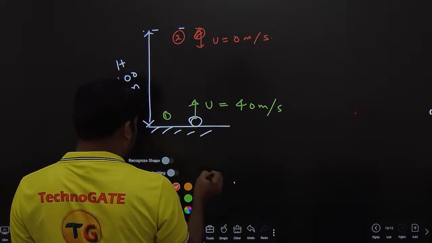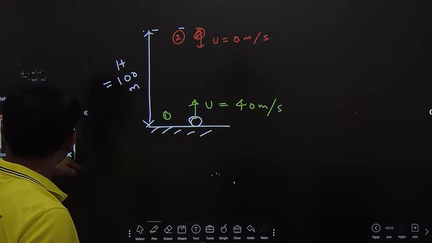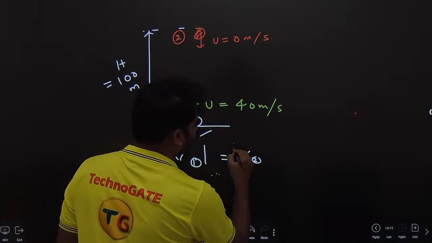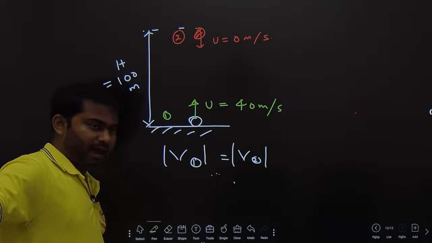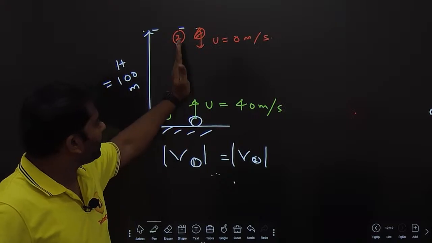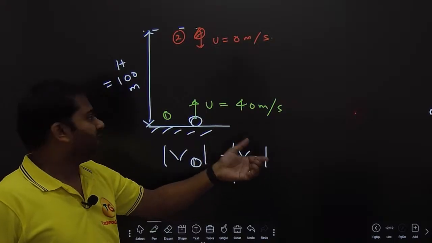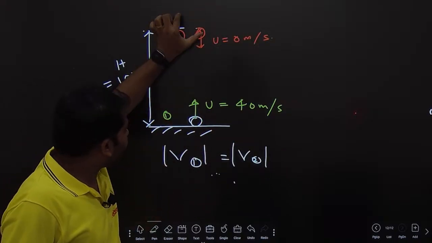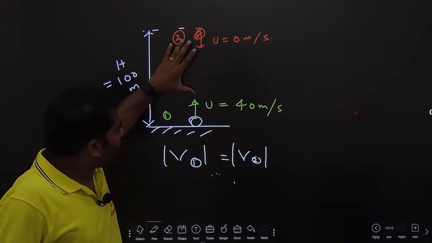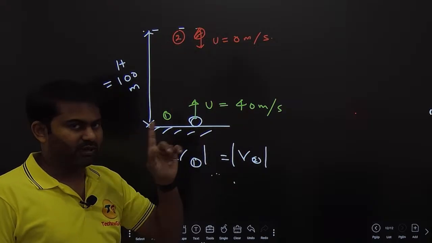What they are asking in this question is basically that the magnitudes of their velocities are equal. So v1 magnitude and v2 magnitude, when are they equal? And I am putting magnitude because definitely the directions will be opposite. This ball will be going up, this ball will be going down. So velocity directions will always be different. Understand? This one goes up and then comes down, but by the time it comes down, this one has already fallen. So there is no point of comparison there. So obviously the velocities are in opposite directions, so we are finding it using the magnitude only. So the direction does not matter.